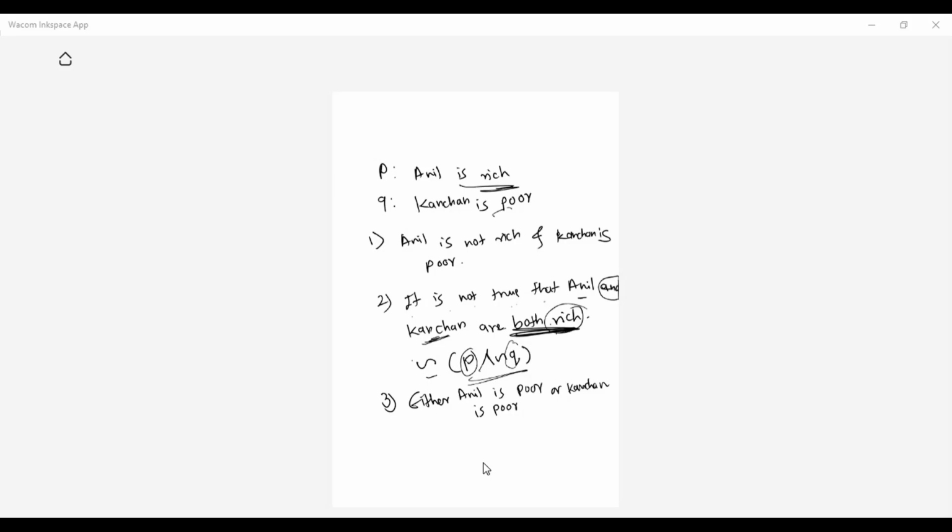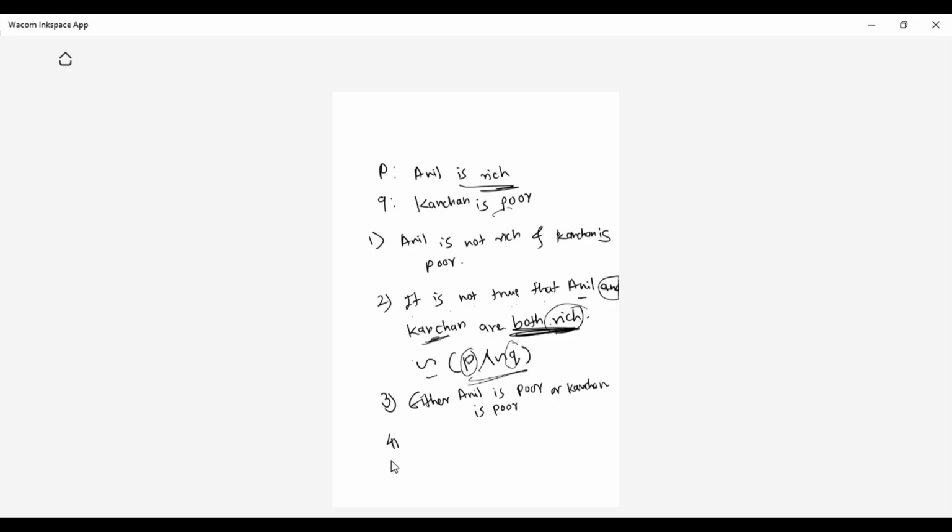Perfect: negation P or Q. It's not and, it is or. So you have to use the or operator. Very good. I hope everyone has understood this.